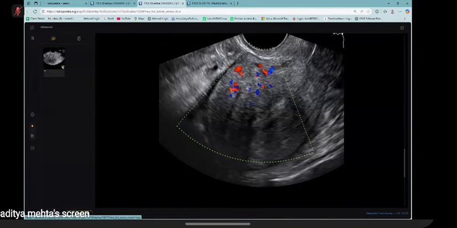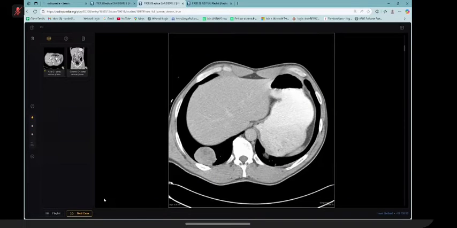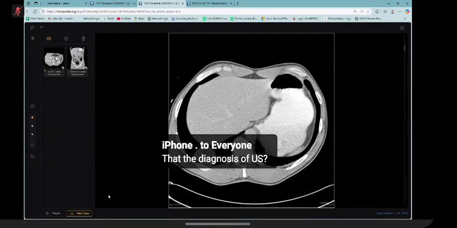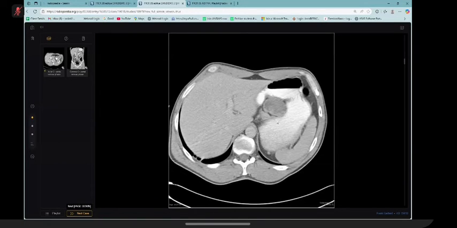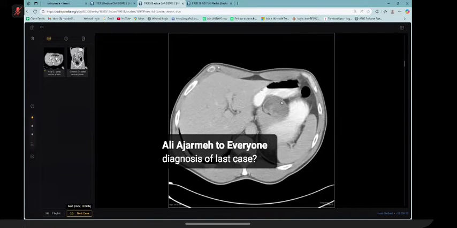Perfect. Next case. So I will give you history for this case and then you can go ahead. This is a 50-year-old male with abdominal pain, nausea, and vomiting. You can take control, scroll it, and just go ahead. Sorry, I have given up control. You need to request again. Yes, I have requested. No problem. These are axial sections, contrast enhanced CT abdomen, and oral contrast is also given because